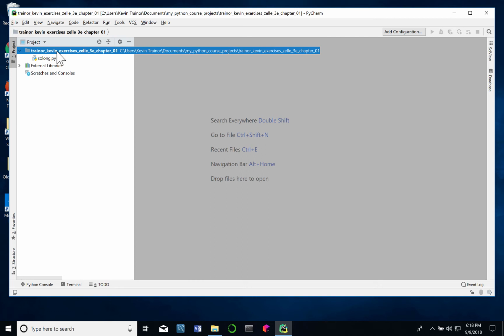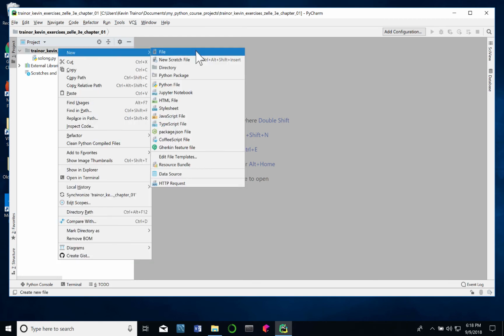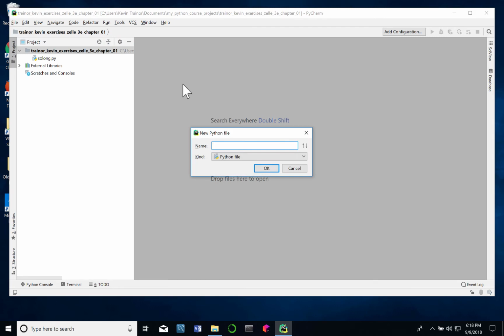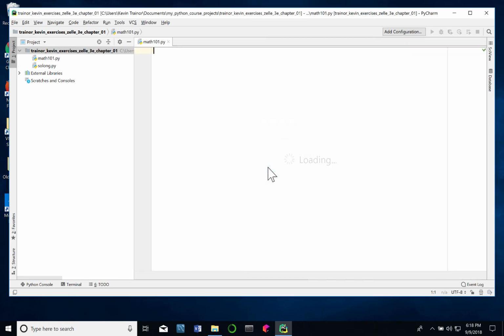All right. So let's create the other one. Now the other one, according to my instructions here, is called math101.py. So I'm going to want to get up over the project, right click, new Python file. And we're going to call it math101. And we're going to come down and click on OK. And now we've got